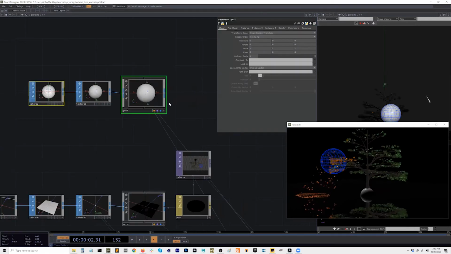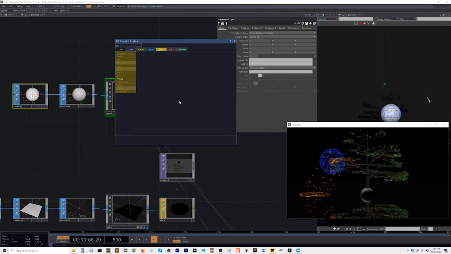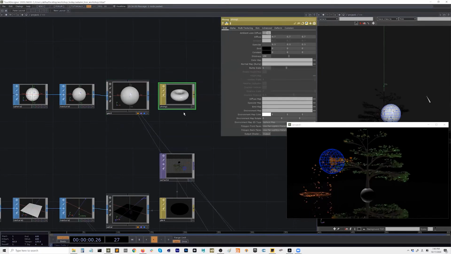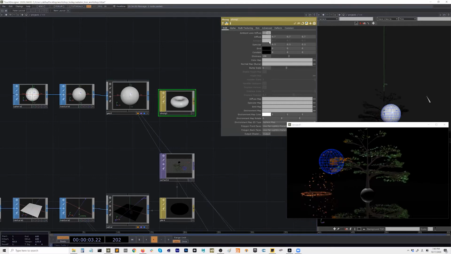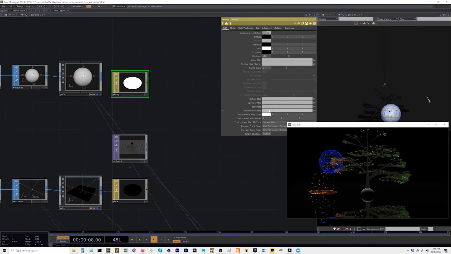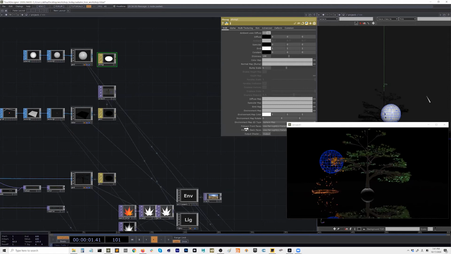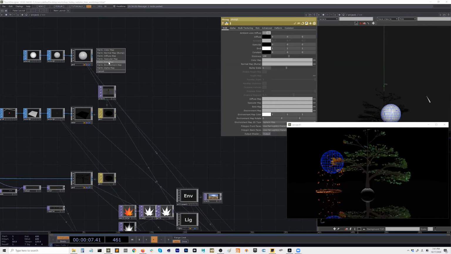Now for this sky, I can just use a constant material because it doesn't really need to catch light, right? So diffuse can be 0, 0, 0, and specular can be 0, 0, 0. And emit will be 1. Now, the environment map will be this one. Ah, wait. It's not the environment map, sorry. It's going to be the emit map, okay?